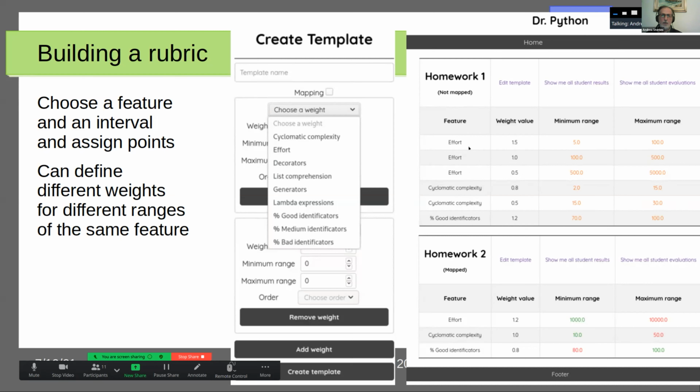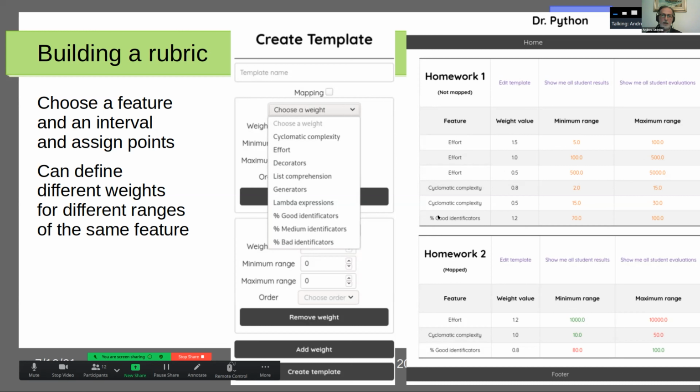So whenever the teacher has to define a rubric, he can define separate ranges with separate numbers of points. In this way, we are free to build shapes of function mapping the ranges of features to the points at will. For example, here we have 3 rules for the Halstead effort and 2 for the cyclomatic complexity and